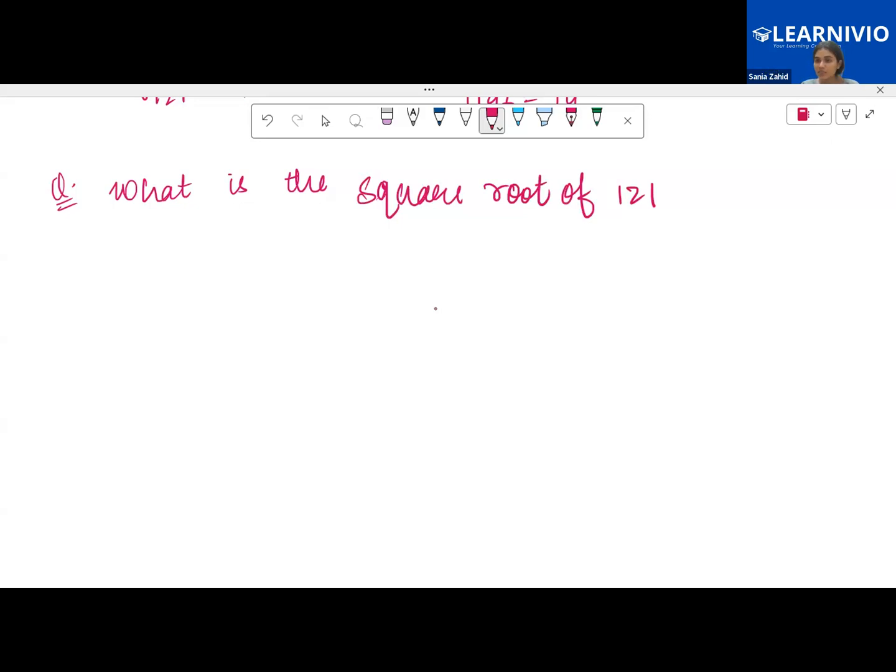I just want to practice this question so that you don't get confused by seeing another type of question. See, the language of the question is different, but the method remains the same. What they're asking you, the basic of the question remains the same only. What are they asking you? That 121 is the square of which number? Or what is the square root of 121? Right, so what we will do here,